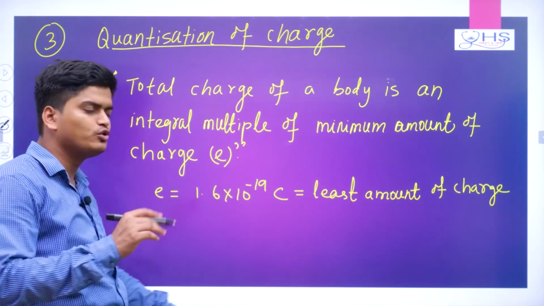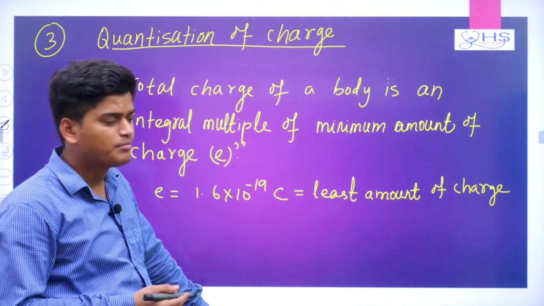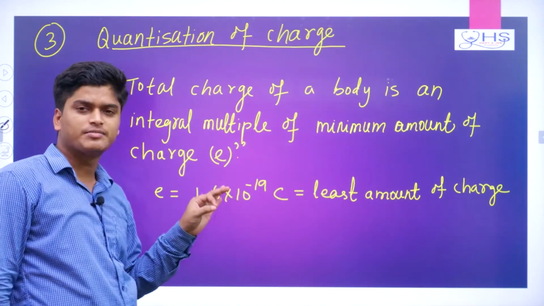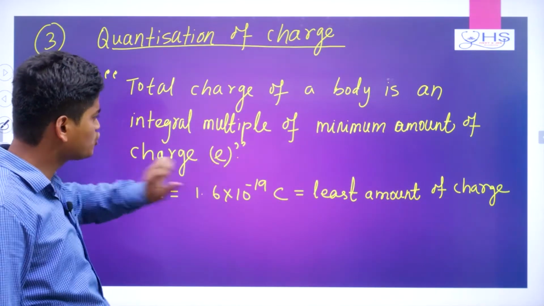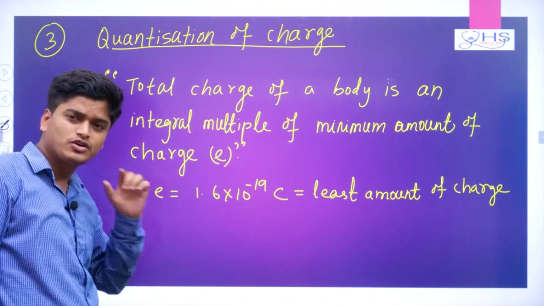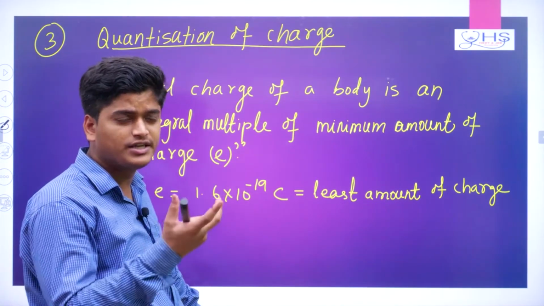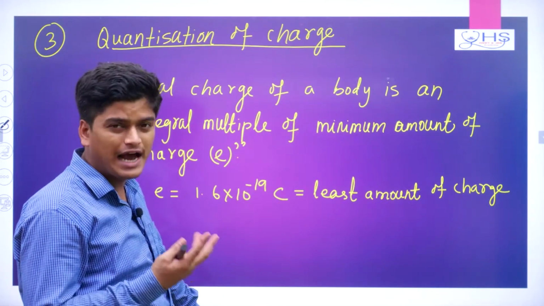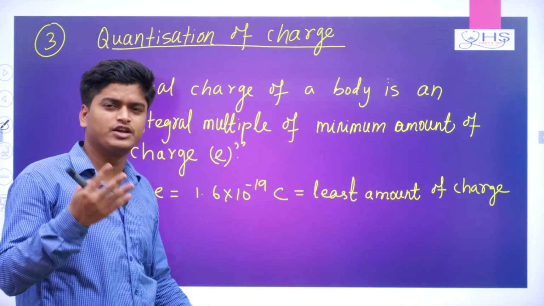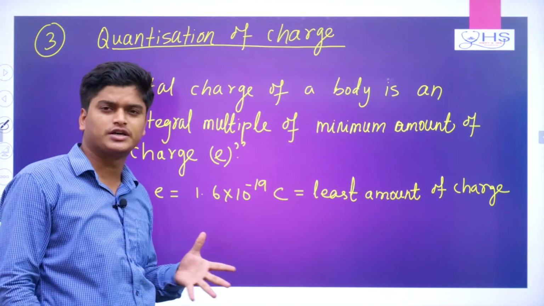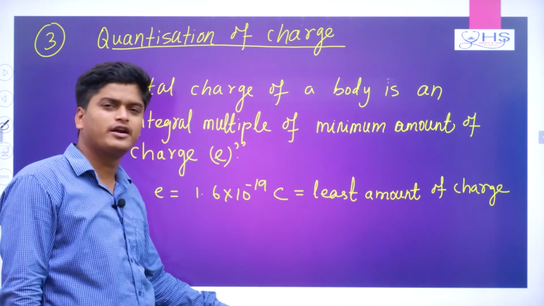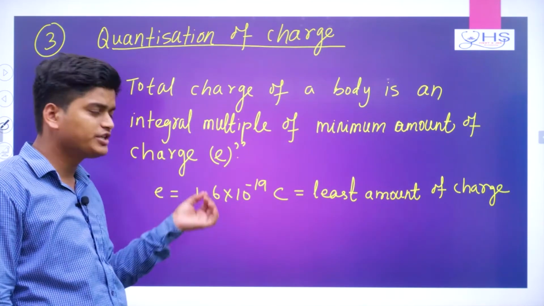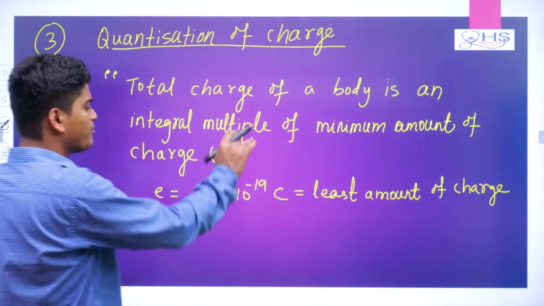So that's why e by 3, 2e by 3, like that, some charges of quarks are there, but that is not in your course. So here you have to understand up to e. So electron charge minus e, proton charge plus e, like that. Up to this one you need to understand that this charge isolated can exist. But whenever you are talking about e by 3, 2e by 3, those are charges of the quarks. So they cannot exist isolated, because 3 quarks at a time should make a proton, or 3 quarks at a time should make your neutron and all. So that charge basically cannot exist isolated, but the electronic charge can exist isolated. So that's why the minimum amount is given as this much.